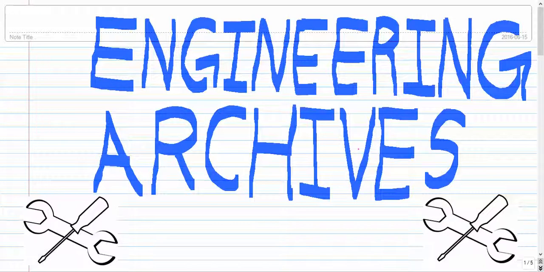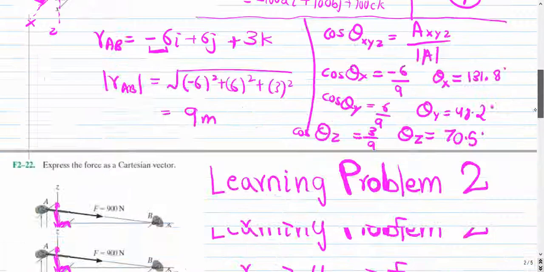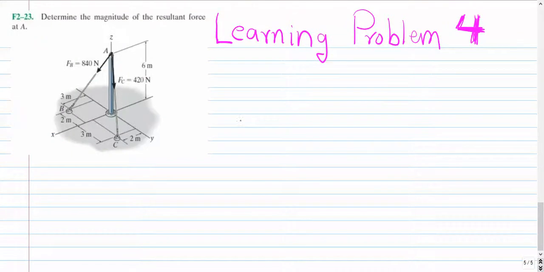Let us look at learning problem number 4 for the chapter force vectors. So this question says, determine the magnitude of the resultant force at A. So we have two force vectors, FAB and FAC, and they want us to add both of them and give them the magnitude of the resultant